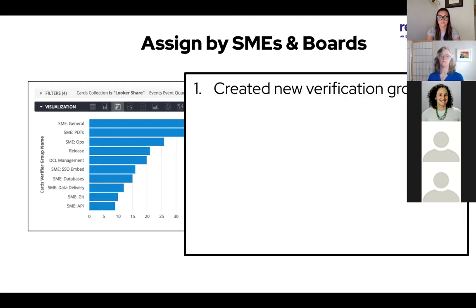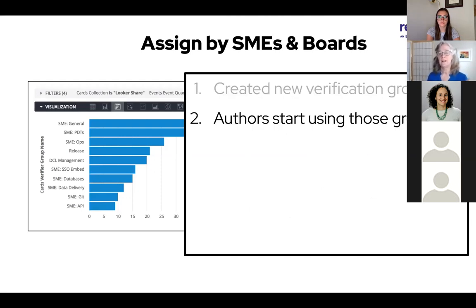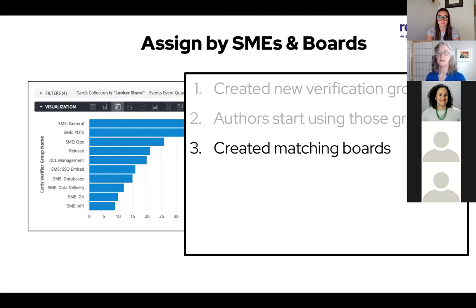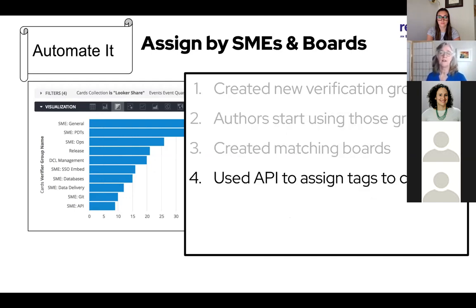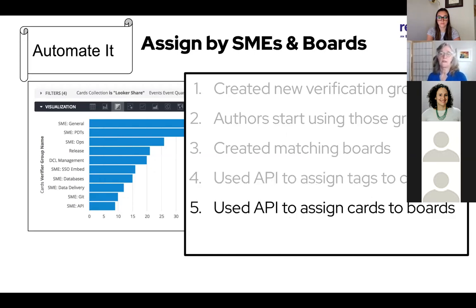So we talked to some managers and created new verification groups. The authors started using those groups when they used cards. We created matching boards. Sam used the API to assign tags to boards. A support analyst who wanted a project used the tags to assign cards to boards.